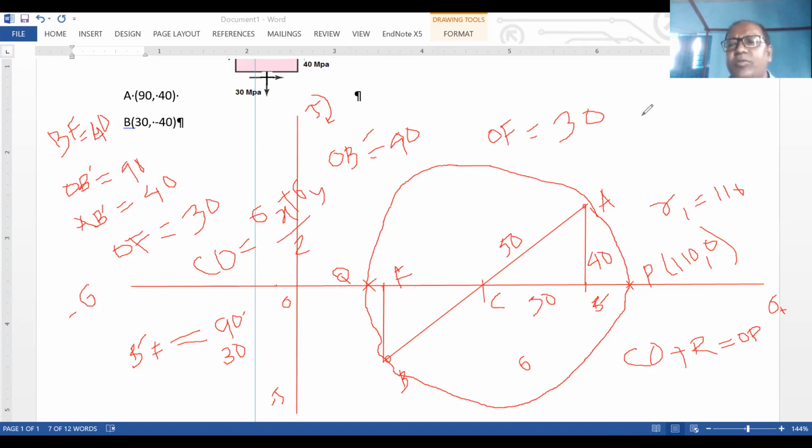Now, how will I figure out sigma 2? Sigma 2 is the coordinate of point Q. How can I figure out Q? I need the distance OQ. So OQ equals how much of OC? CQ, what is the value of CQ? You see CQ is the radius of the circle. So the radius of the circle is 50, right? 50 minus what is the